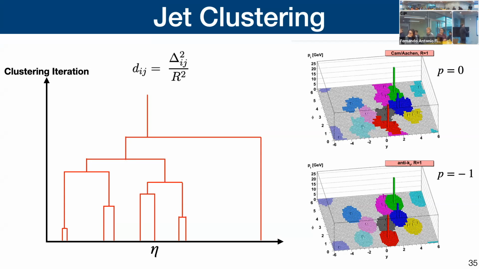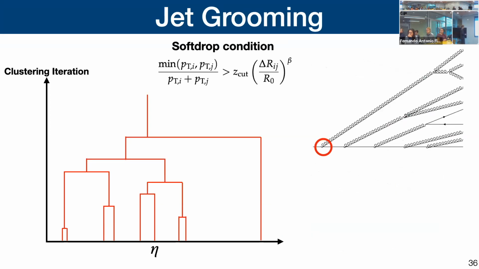Now, the reason why this tree is important is because it includes a lot of information that's very similar to the parton shower that I showed you earlier. The branchings here are correlated with what happened here. So we can unwind this branching to go back in the evolution of the shower to access the early time branchings. As I said earlier, this is a very hard scale at the beginning of the shower, so this is where you can use perturbative QCD to make predictions. So we can unwind this tree to look at the pQCD part of the shower.